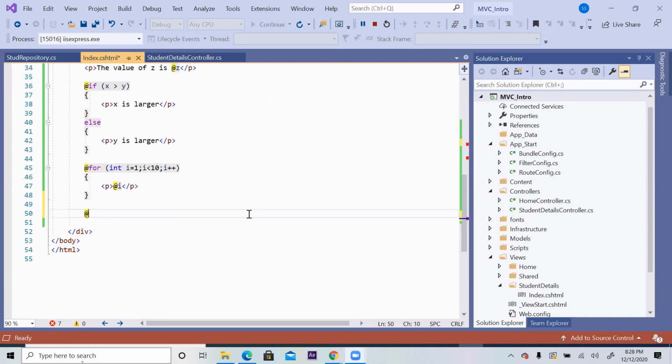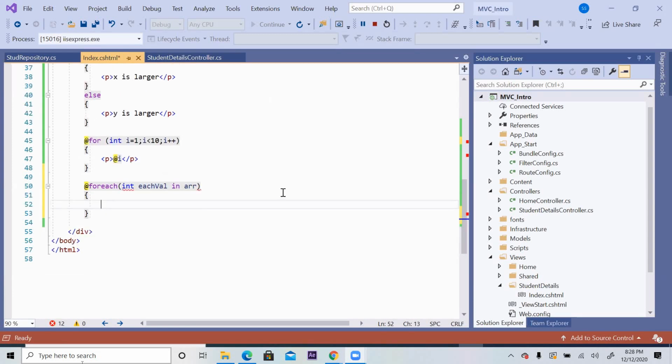So @foreach (int x in arr), something else I will use, each value in the array. And every time I want to display each value. So this is how you can use a foreach loop also. It will pick up the values and display them from the array.